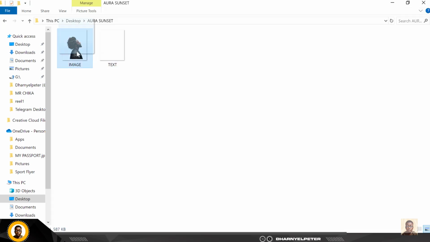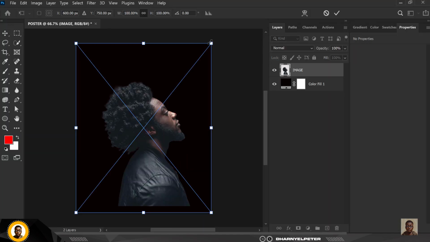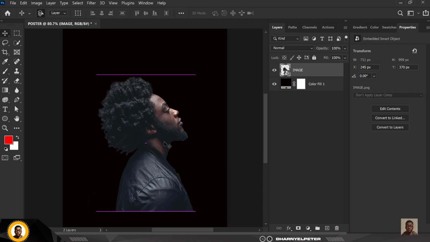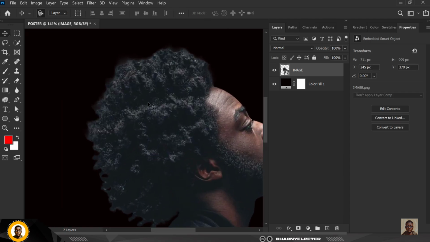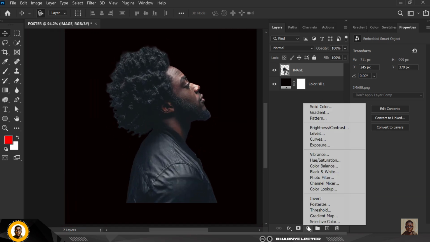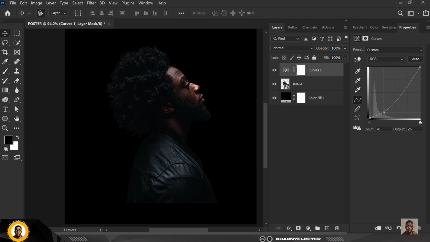The first thing I'm going to do, these images that I use is inside the resource file. The resource file is in a link in the description of this video. So make sure to check that and tag along, right? So this is the image, but a couple of things I want to change with this image. I'll just go over to curves, click on curves, and I'm just going to bring this down like this to this point here. Make sure it's exactly at this point here, like this,